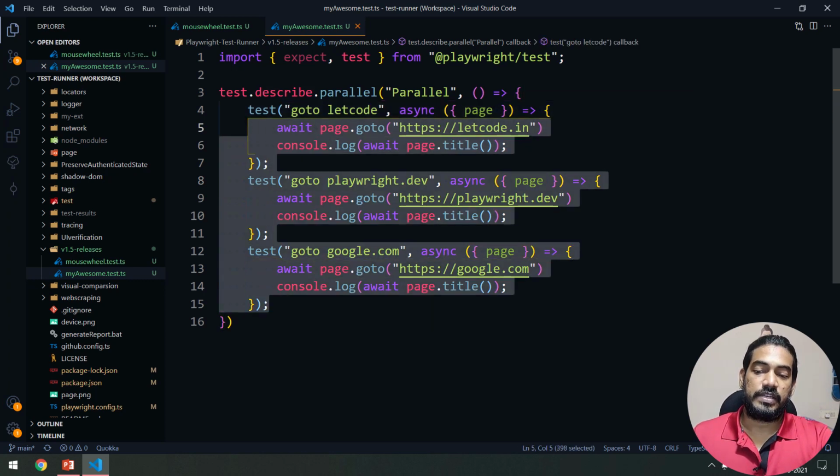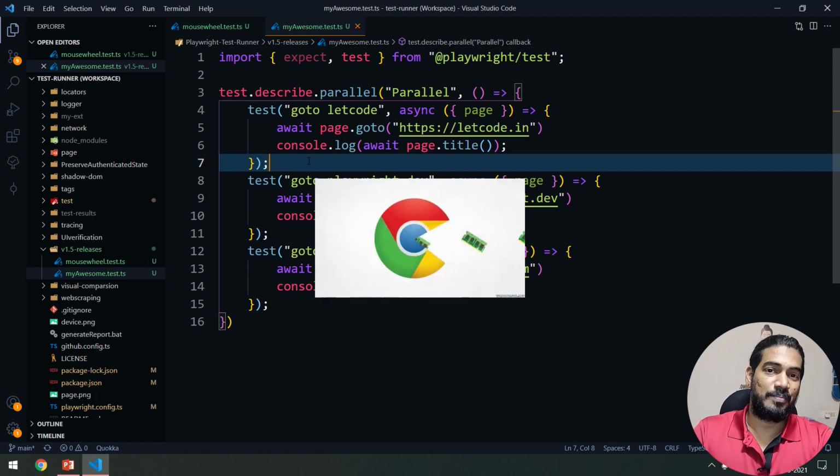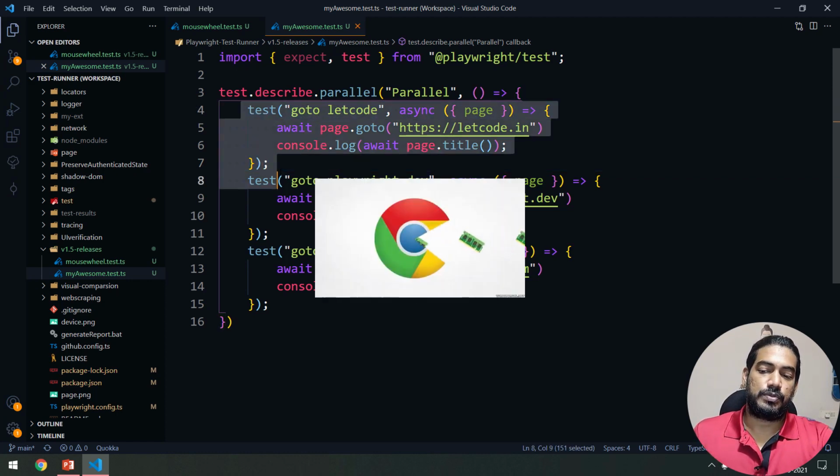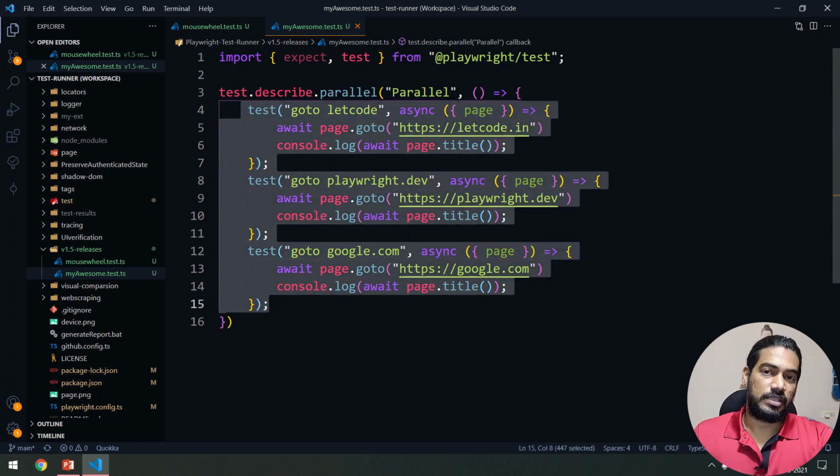You can have a number of tests executing in parallel, but I will not recommend writing too many tests and executing them in parallel, because it depends on our system configuration. Of course Chromium is going to run, which eats a lot of RAM. So maybe you can have 2 or 3, that is what I recommend, but there is no official documentation on this. As per my experience, even if you have used Selenium, you know that Chrome eats a lot of memory, so I recommend going with maybe 2 or 3, and that is very good.